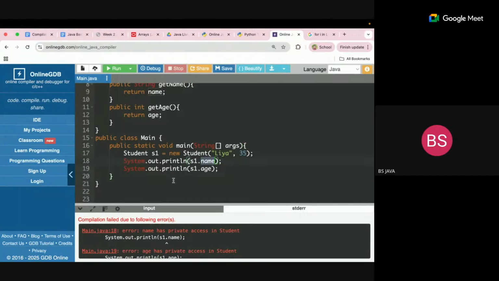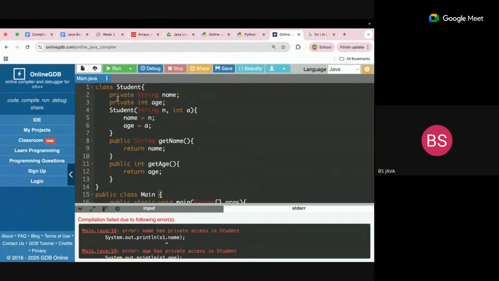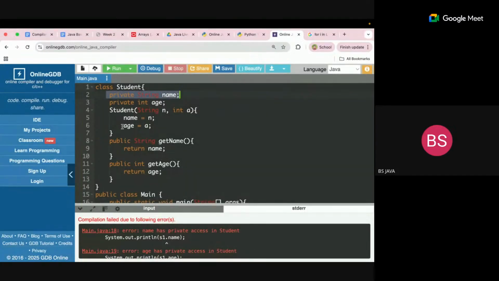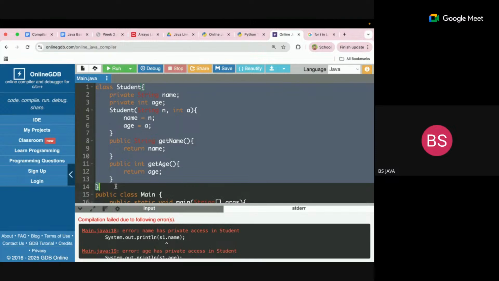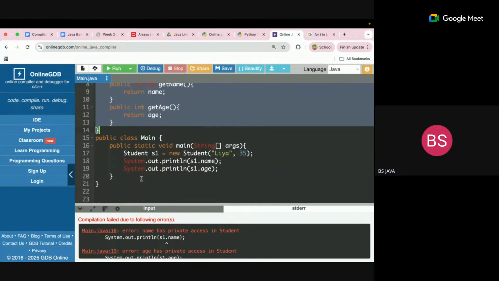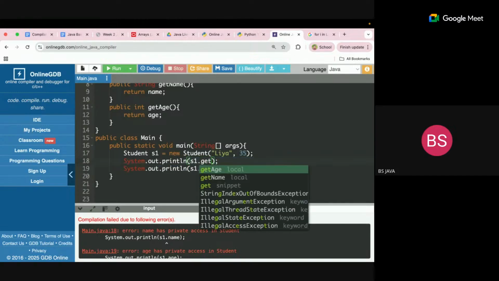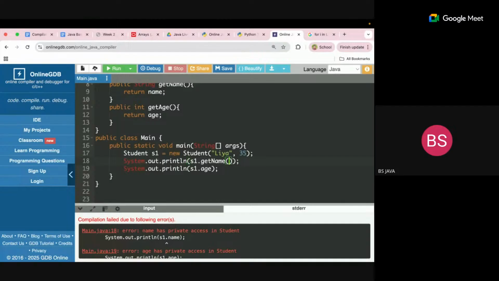Earlier it was fine, but now we have made the variables private. Private variables cannot be accessed outside this class. So even though we create the object s1, we cannot access name or age as it is private. Now if you want to get the name, the only way is to get it